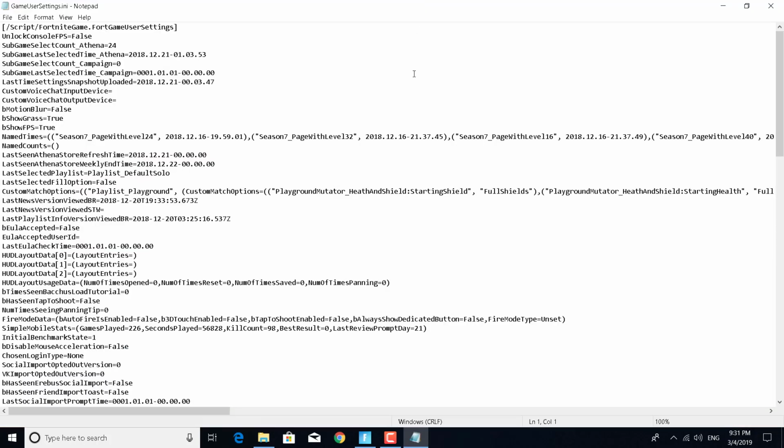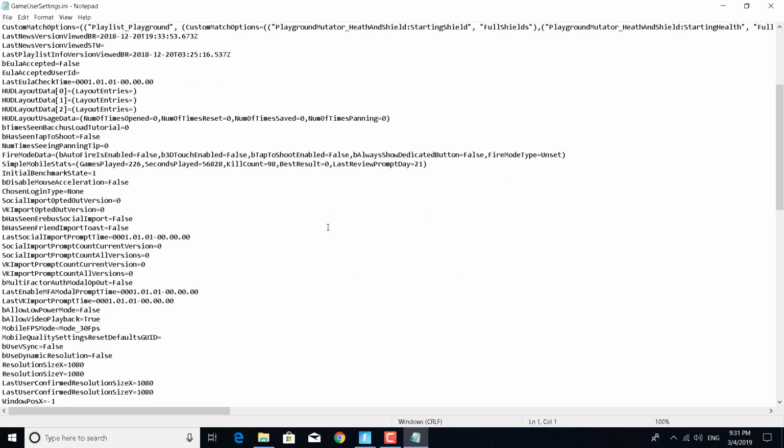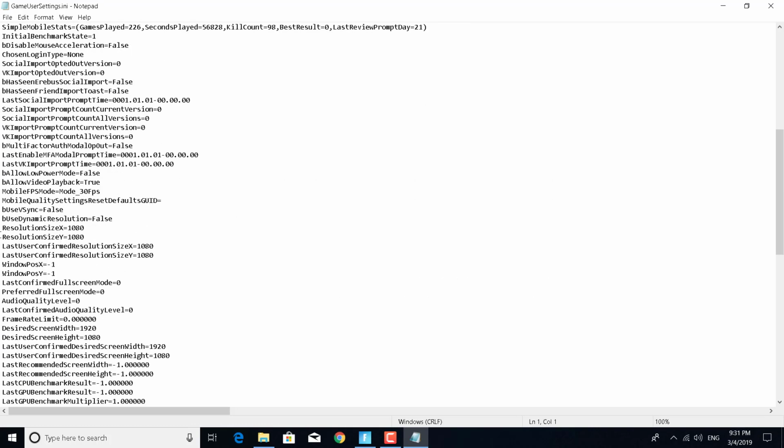Okay, now what you want to do here is find the resolution. Okay, there it is. ResolutionSizeX, LastUserConfirmedResolutionSizeX, and so on. So you just need these four, and what you want to do is set all of these to 1080, or maybe choose one resolution that fits you. So just mess a little bit with these settings and see what works best for you. So I'm gonna set them to 1080,